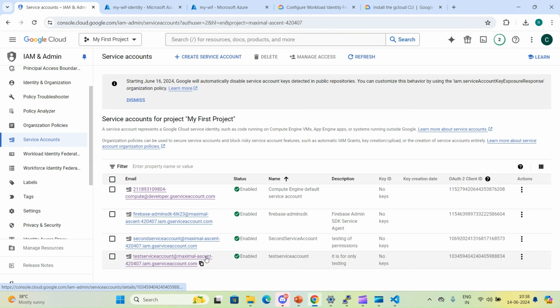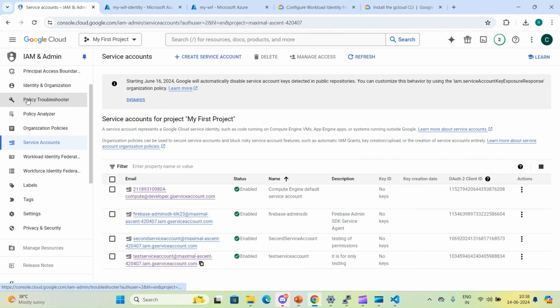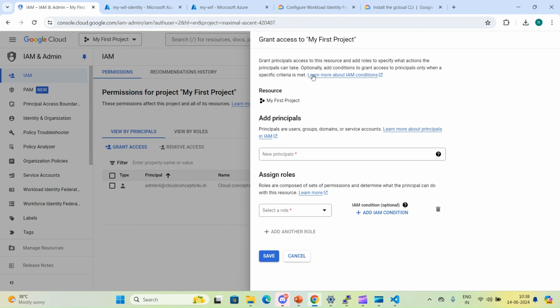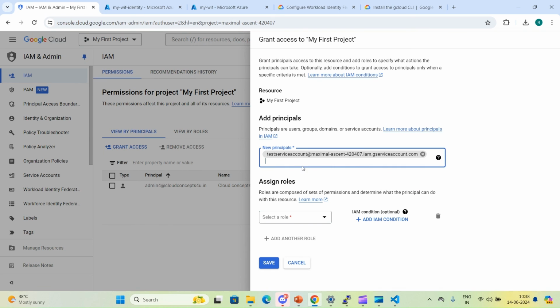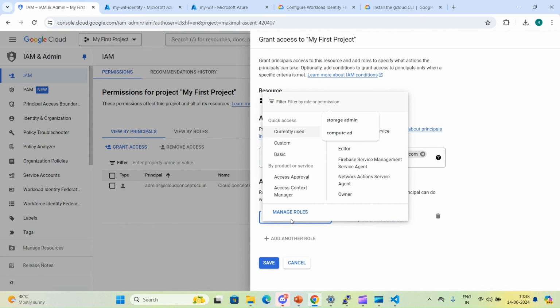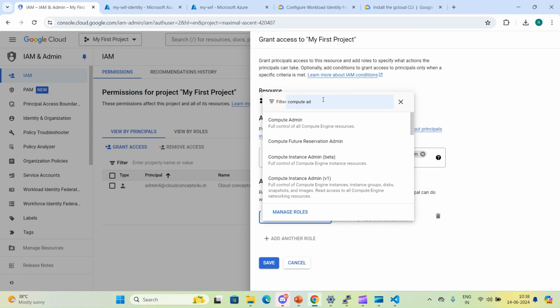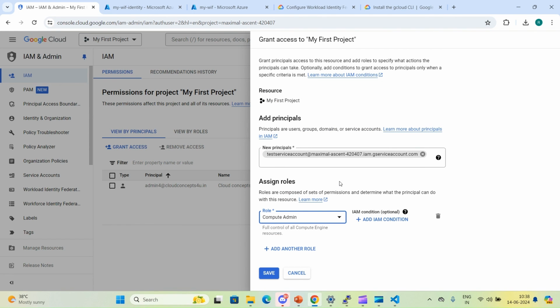Let's copy this test service account and click on IAM, grant access, put our service account name, and let's provide a role, compute admin. And before that, you just save it.